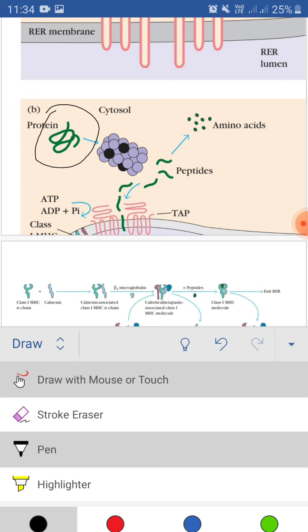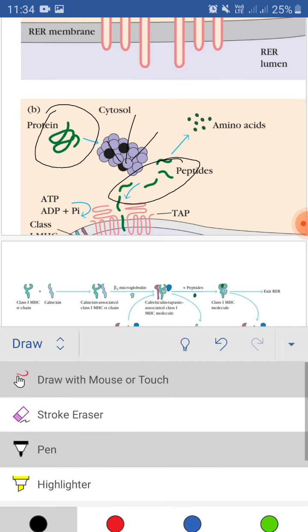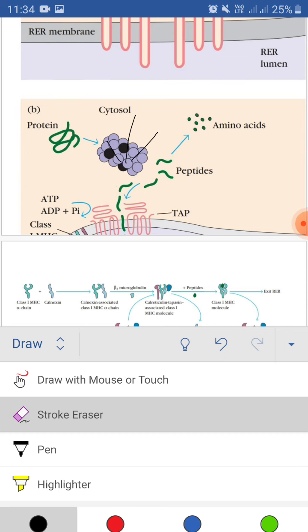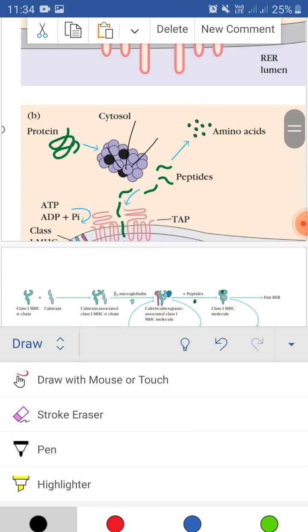These proteins are processed within a structure known as the proteasome, and within the proteasome they are broken into small peptide fragments. You can see the fragments, and these fragments are now transported from the cytosol